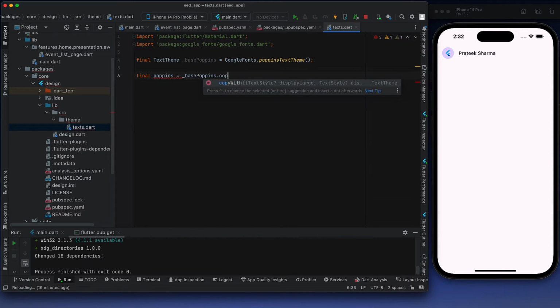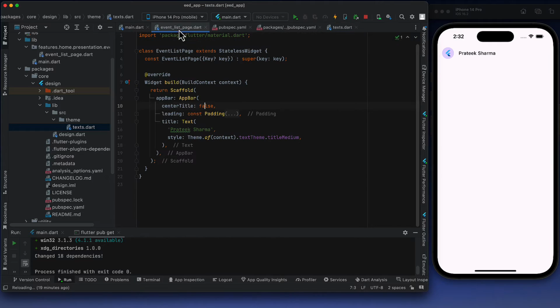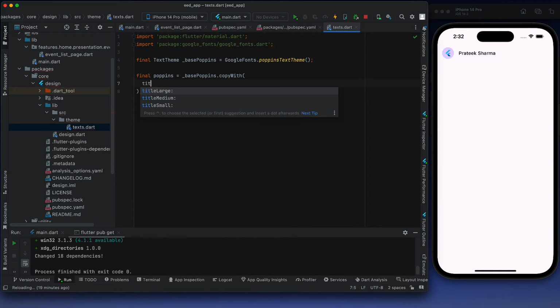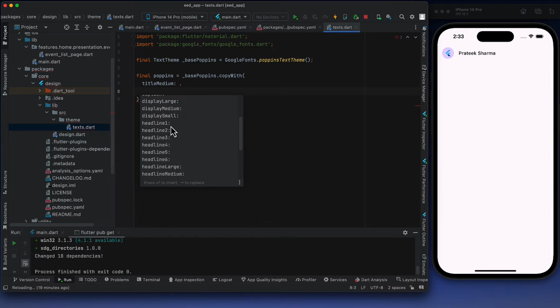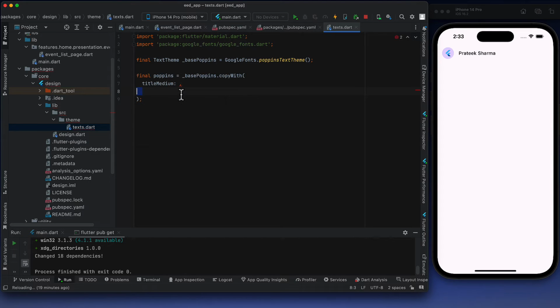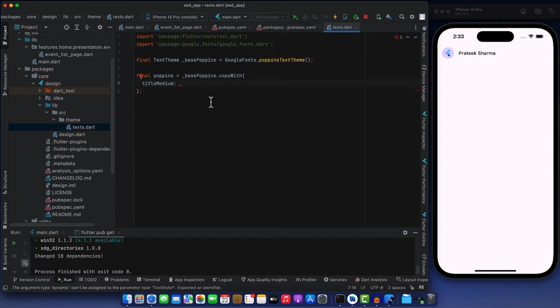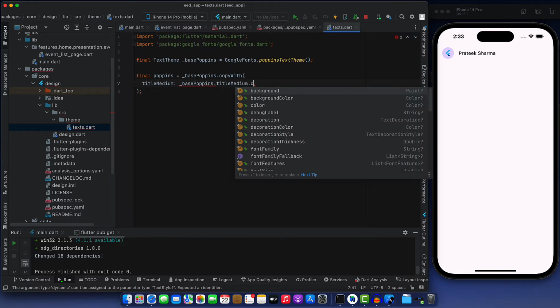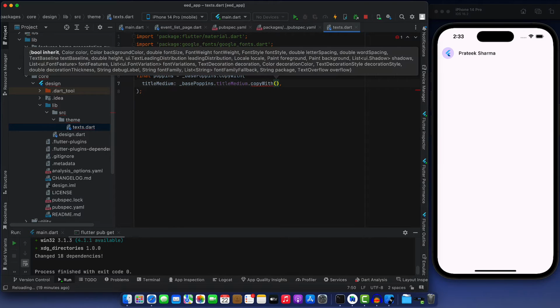So we'll create a duplicate copy of this. Basically, we will use copyWith. And because we are using title medium, if you see here in the event list page, we are using title medium, we will overwrite title medium here. See, this is a text theme. It will have many more text styles. So we are just copying, as of now, title medium from here. And we will say from base Poppins dot title medium dot copyWith,